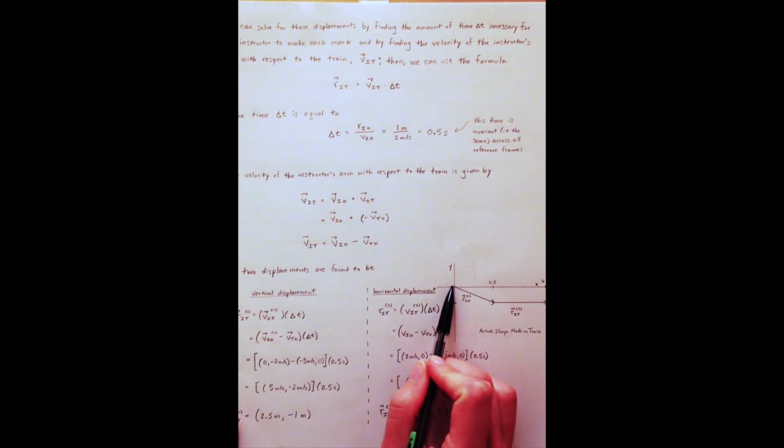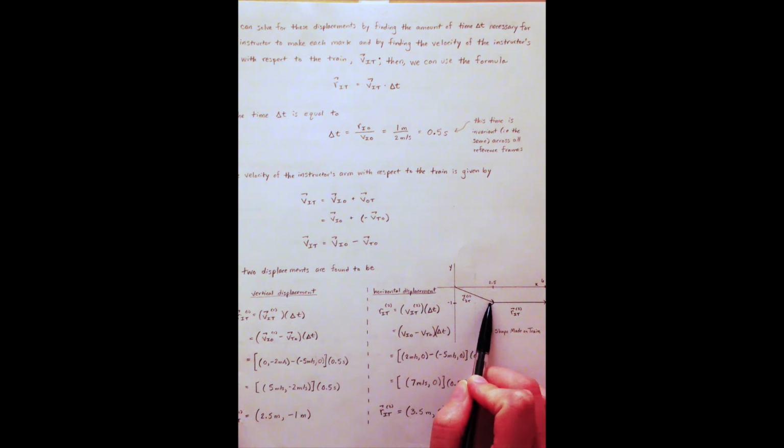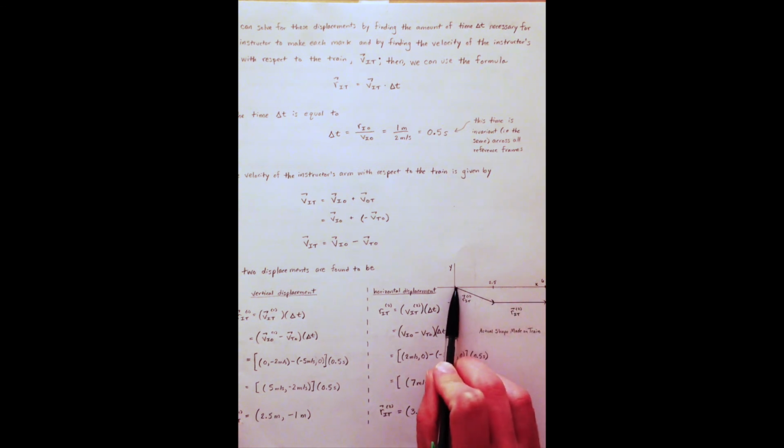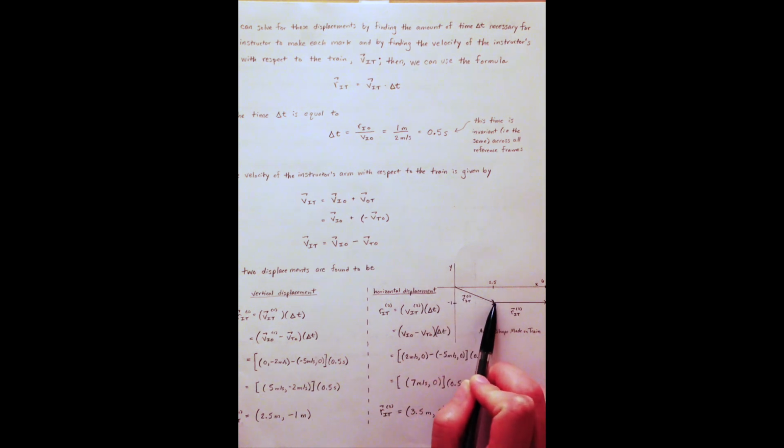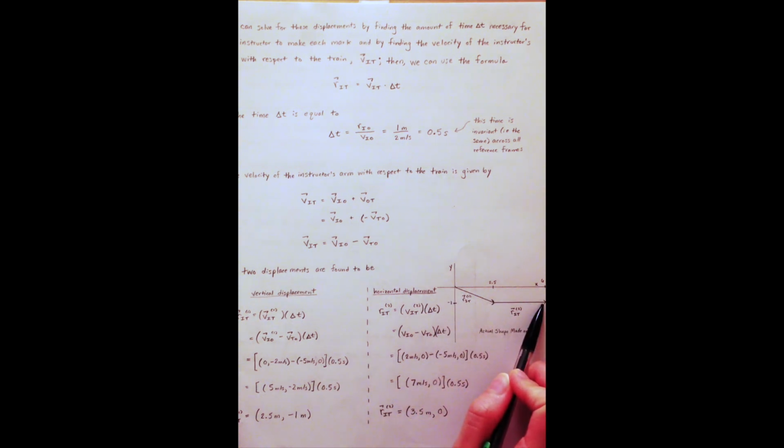To finish the problem, we graph these two displacements here. When we do this, we see that we still have a shape that is similar to the letter L, but this vertical portion has now become slanted, and the horizontal component is much longer. If we were to compare this shape to the shape we made at the beginning of the video, we see that they are roughly the same,